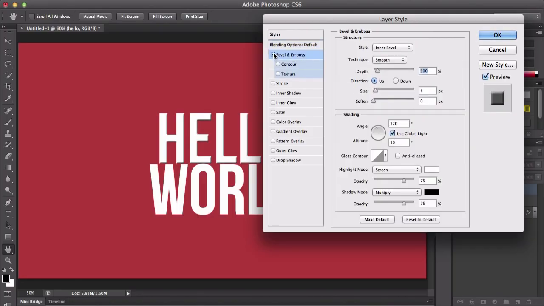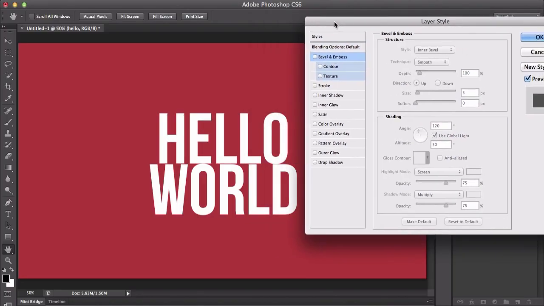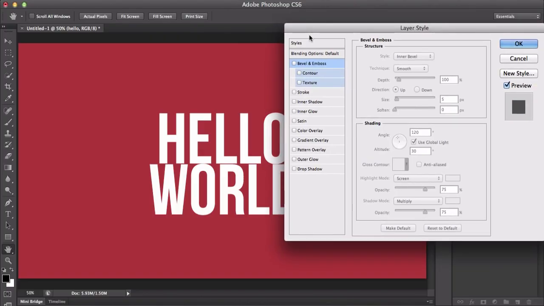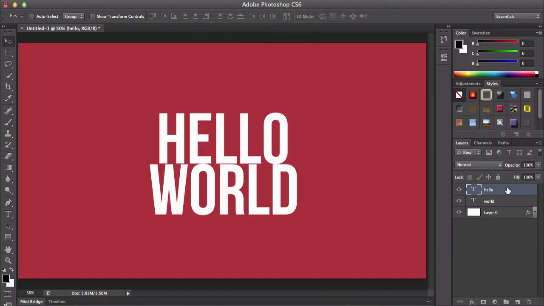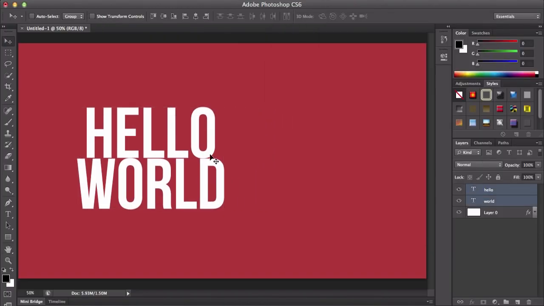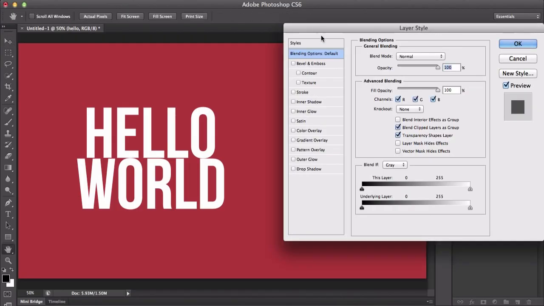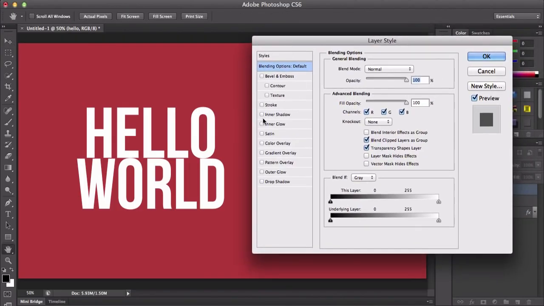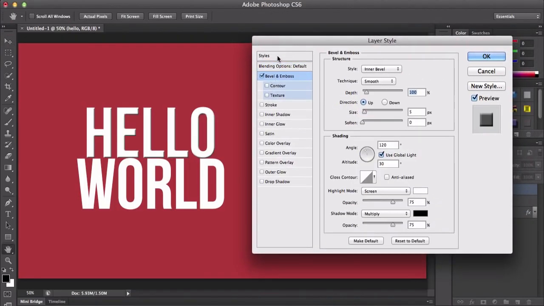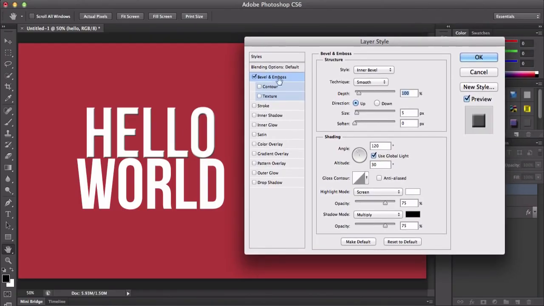Bevel and emboss, okay, so what this does, let me move this right here. You guys can still see it. First, let me go ahead and move these two over and mess around with this. There you guys. Yeah, now you can see. So if I were to go to Bevel and Emboss, okay, you will see here that it will give it